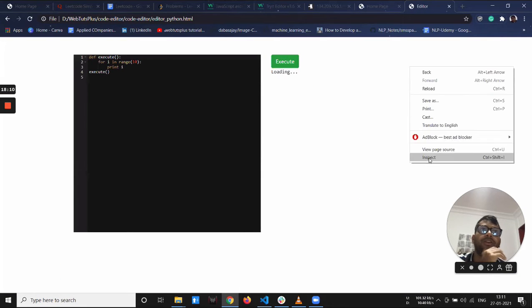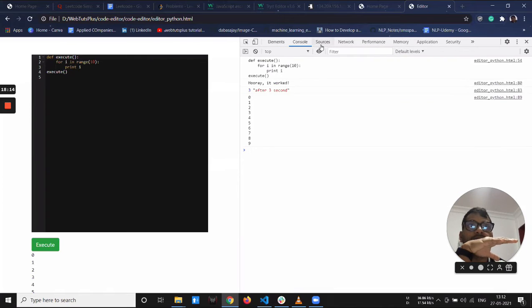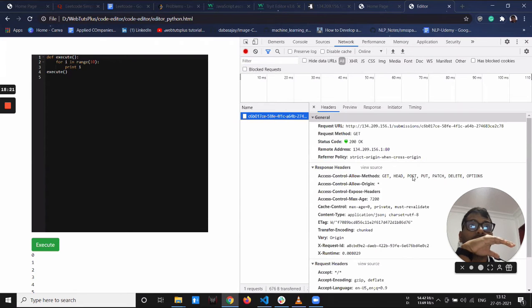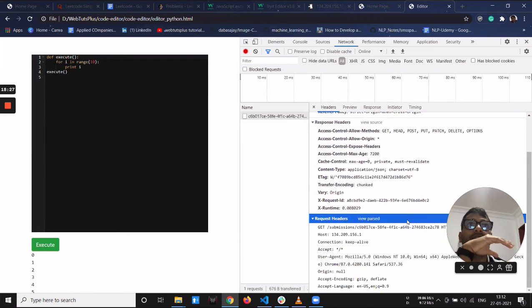Now if you hit it, check if you can compare what changed. Just click execute again.